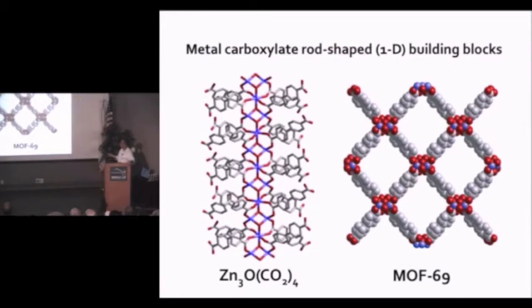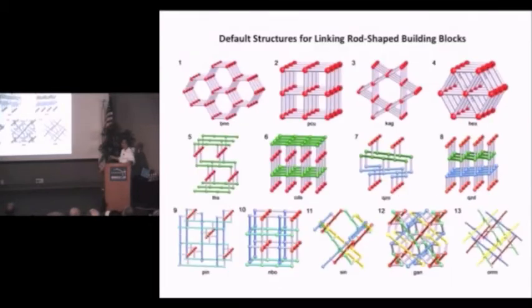You could use rod metal oxide units, in this case zinc oxide units, that are linked by phenylene, and the rods here are arranged in hexagonal fashion, and they are linked by organics to make a one-dimensional porous structure. It turns out that this actually is another fertile ground for making MOFs, and in fact, there are many different ways of arranging rods, not just in hexagonal form, but in cubic form and Kagome lattice form. All these rods can be arranged in the way you see here, using the color and pointing into the board, in this case pointing opposite to each other,